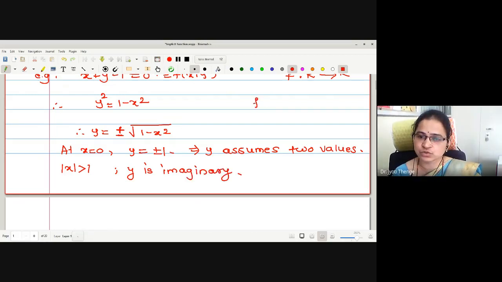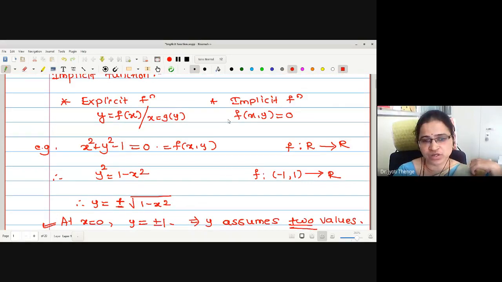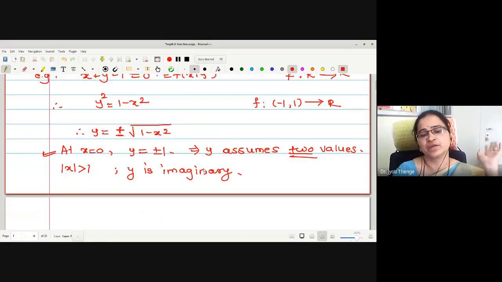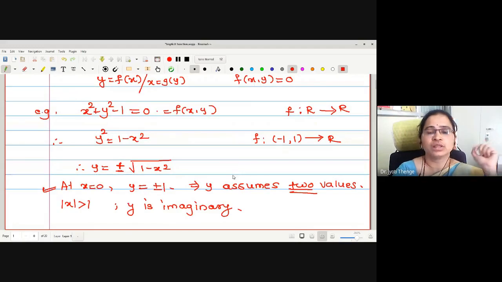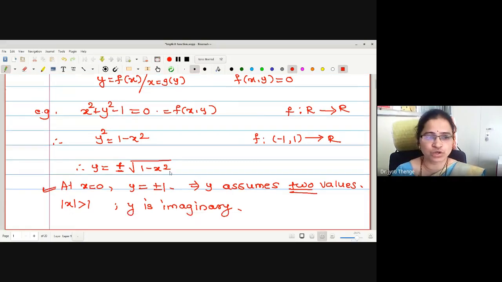Therefore, what does one have to do? One has to restrict the domain from -1 to 1, instead of R. Okay. Now, even in between -1 to 1, though I put -1 to 1, again this condition is going to be there: y assumes two values. Means there is a difficulty in writing this implicit function into an explicit form. Therefore, it is not always essential that we can write an implicit function format into an explicit form. Now, in order to write this, there are some conditions imposed on the function.